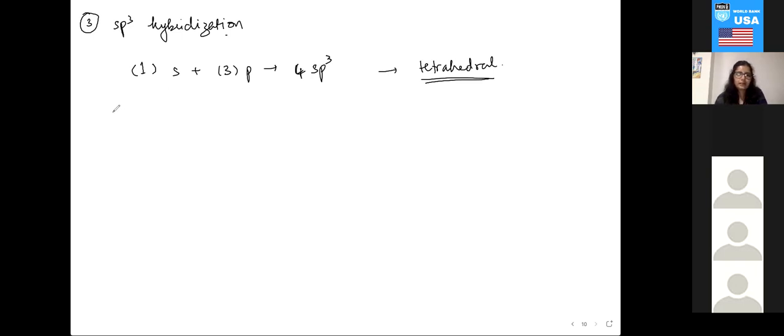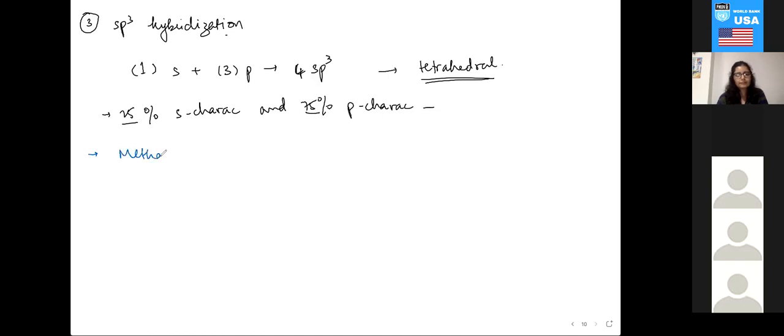Again, basic characteristics: how much percentage s character does it have? 25%. And the 3 p's will be 75. Absolutely. So 25% s and 75% p character, so 1/4 and 3/4. Okay, so examples for this, going with the pattern,